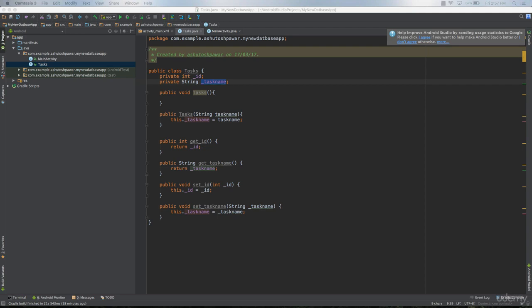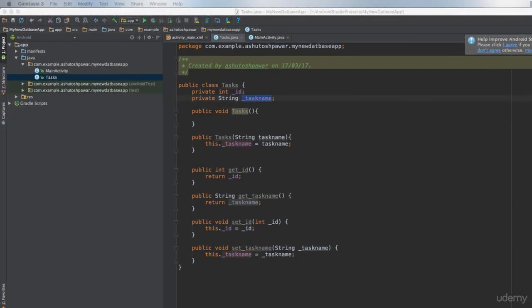Hello and welcome to this lecture. In this lecture, we are going to learn how to create the database which is going to store the values of our task in the backend. So we will learn how to create a database by using the SQLite helper which we discussed in the intro lecture. As I earlier mentioned, SQLite database has a different class which is called the SQLite helper,